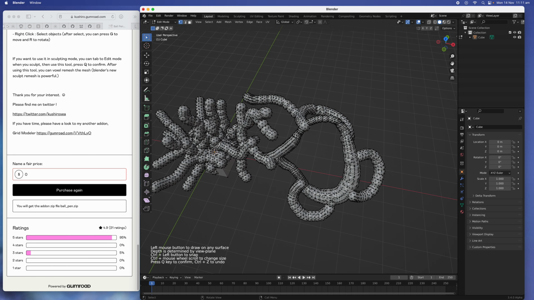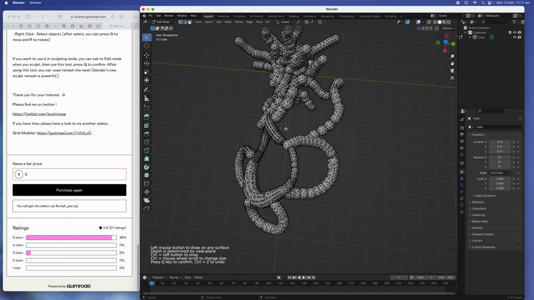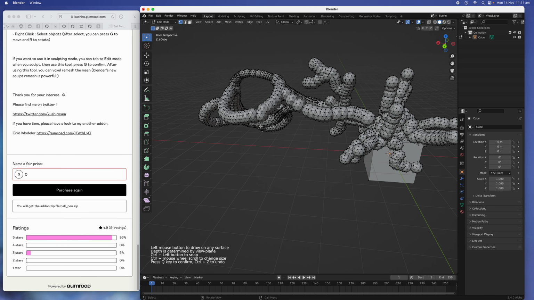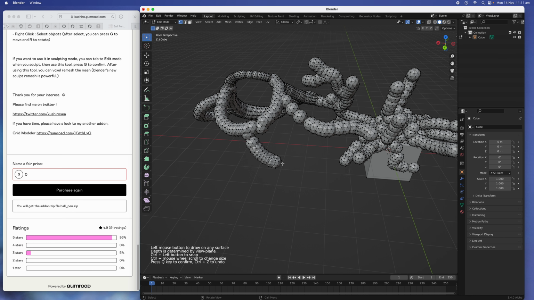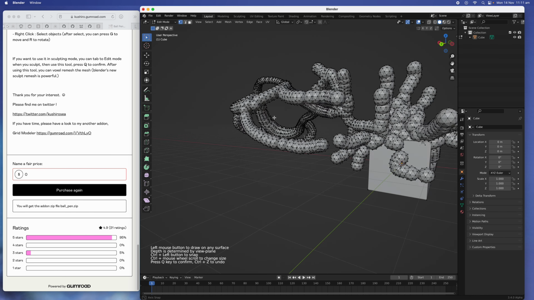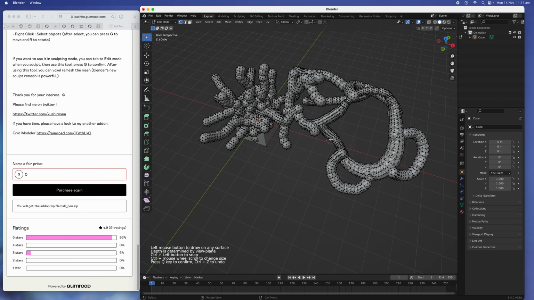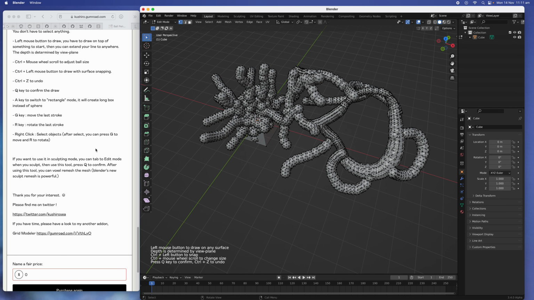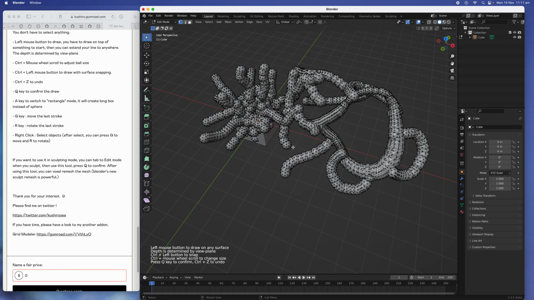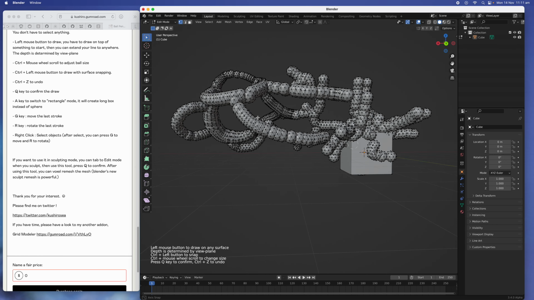Like this, if I want to touch it there, it's not as easy. Using grease pencil you can do that. If I want to just draw from here to there, okay, it's not touching. What else can we do here? Rotate the last stroke. Okay, so let's say